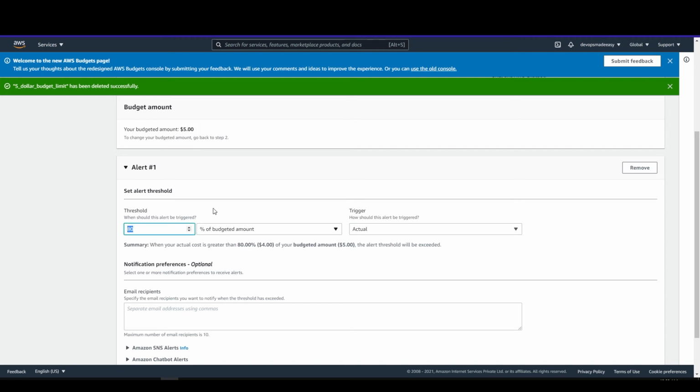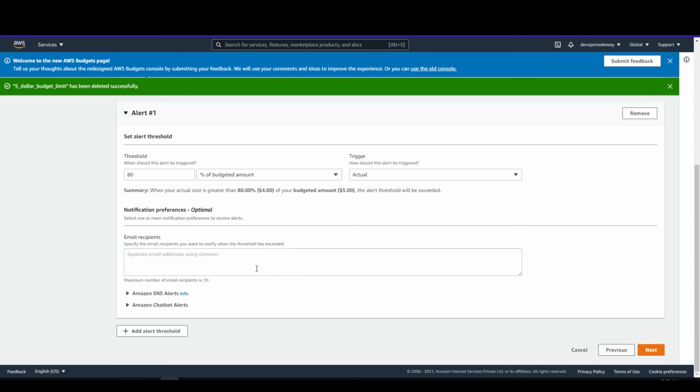That is the percentage of the budget amount, and this is actual. If I say it is actual, AWS will calculate the actual usage threshold instead of the forecasted one. I also have an option to set this as forecasted, but I'm going ahead with the actual value here. For notifications, I'm simply using the email service.